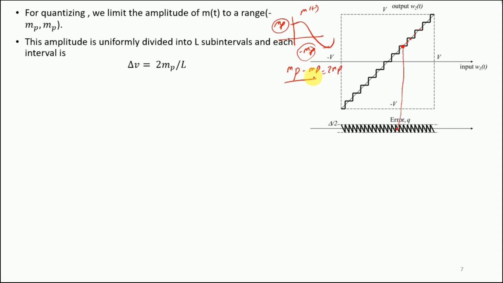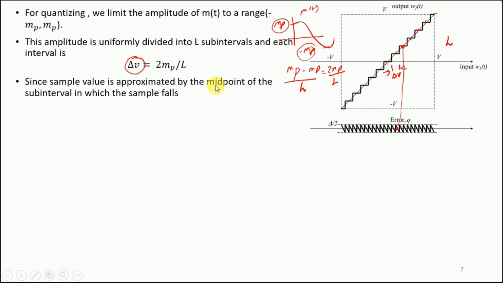But at the same time, the total number of intervals, that is, one starting from here, 1 2 3 4 5 6 7 8 and onwards, these are the quantization levels L, right? So they are identified by this L. So we have a total step size which is equal to 2 mp by L. So what this means is that from this point to this point the value is simply delta V. Since the sample value is approximated by the midpoint of the subinterval in which the sample falls,